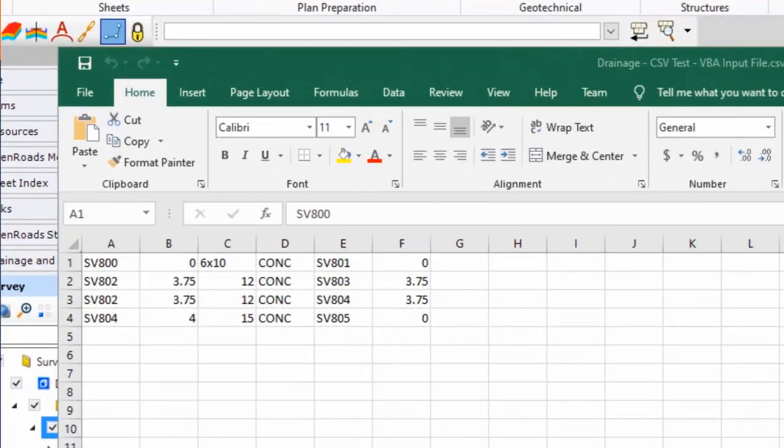This is the CSV file with my information to connect the pipes. The format is in the PowerPoint. It's also in the drainage surveys PDF information and ODOT's training material. But just to review it, it's the first point name and then the dip at that point, and then the size and material, then the connecting point and the dip at that point. The dip is measured from the elevation of the point itself. And this can be either a depth value, like here the dip is 0, or it can be an elevation. Anything greater than 200, when it's processed, it'll assume that as an elevation.